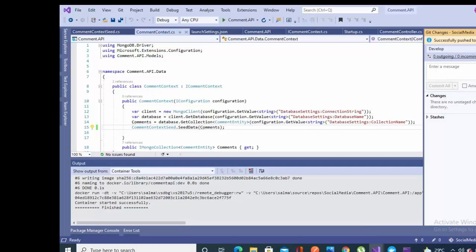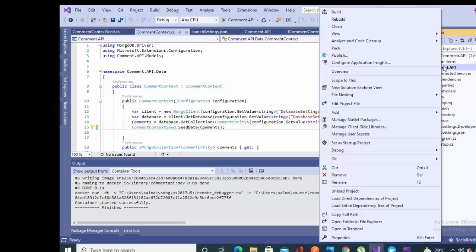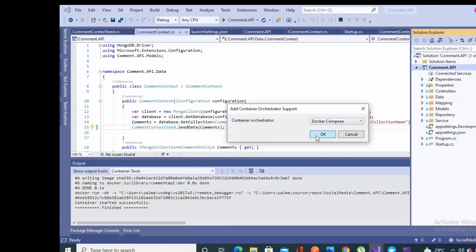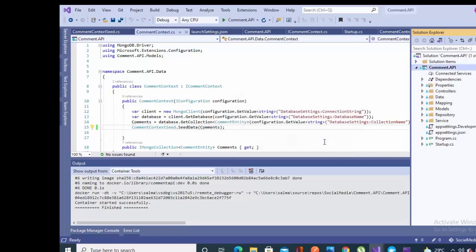Okay, now let's start. Come back to the project, and there is a project whose name is Comment API, and I will right-click and add container orchestrator support, and select Linux.